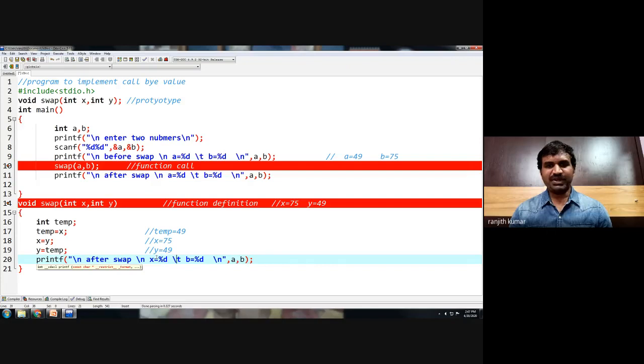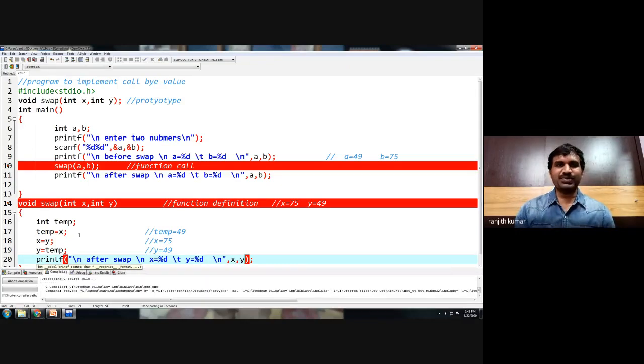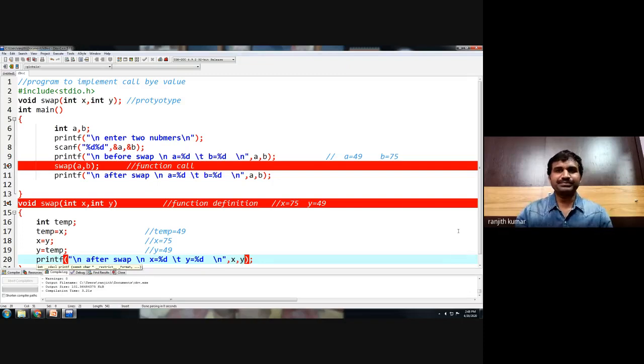So modification made to one copy will not reflect in the other copy in the call by value mechanism. That's why we can access the swapped values only in the swap function. When you compile and execute this program, what will happen?